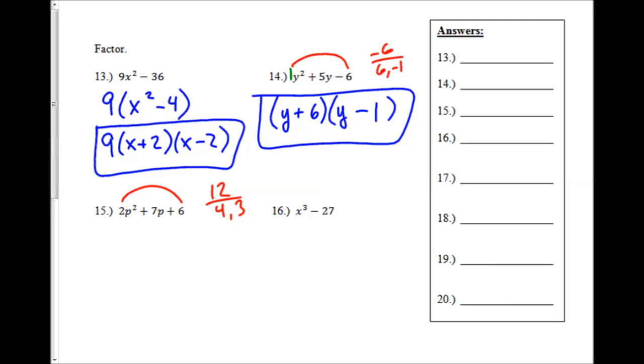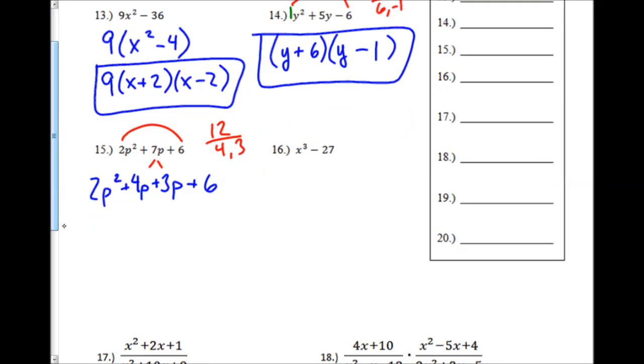I've got to split up the middle term. So I'm going to split that middle term up into the 4p and a 3p. Again, I just use those two values that I just came up with as coefficients. So now my expression looks like this. Instead of having a 7p in the middle, I've rewritten that as a 4p plus a 3p, which is essentially the same thing. The only difference now is instead of 3 terms, I have 4 terms,